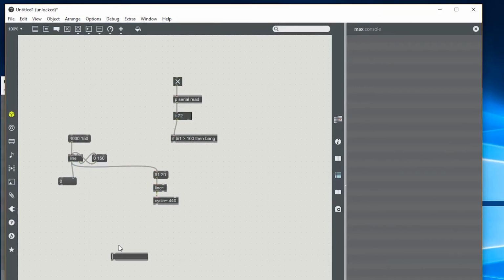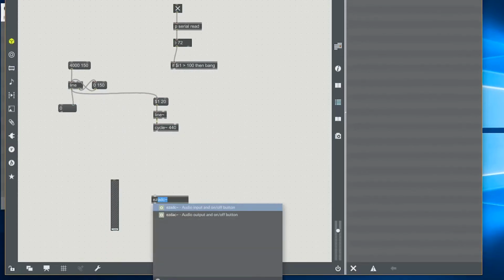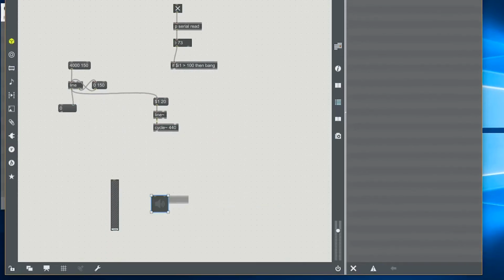I'm going to do a gain control and then an easy DAC. Hook that up there, that up there. Take my cycle in, give it some volume, listen to it. So it's a really low bassy because we're so low down. Plug in the bang. Oh, that's not where that goes into that. So now anytime we cross the beam,